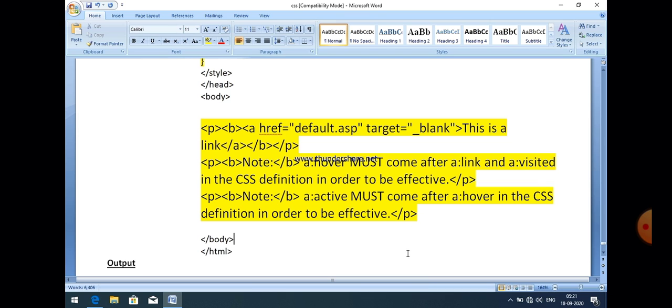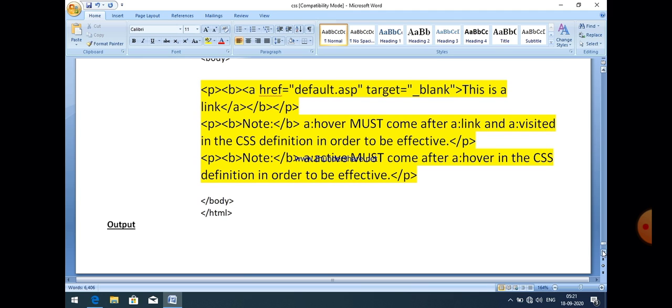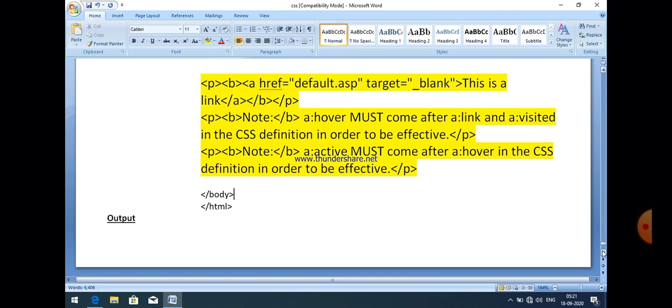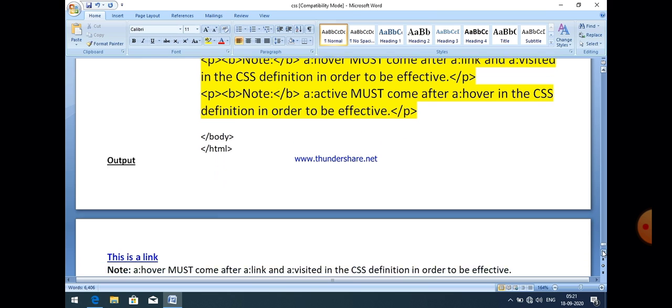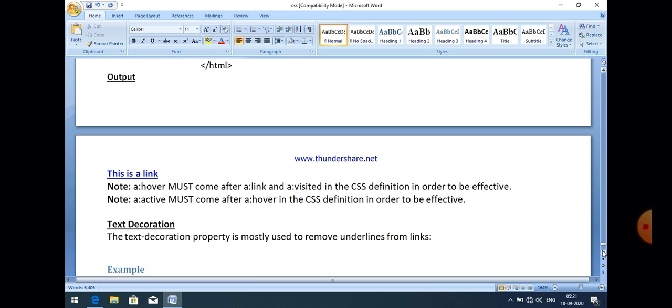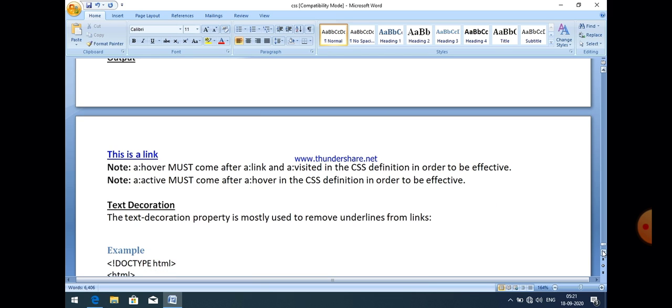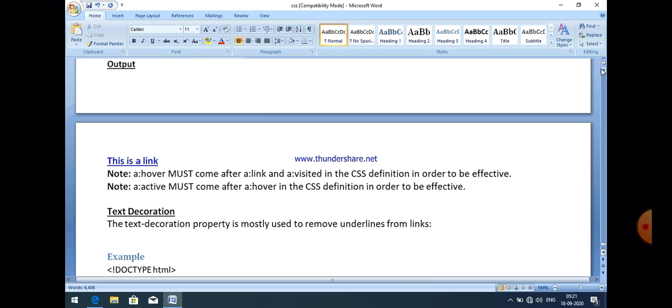After that, there are two paragraphs which show the content regarding to the link here, and then body tag is closed. After that, at last you can close the HTML tag.